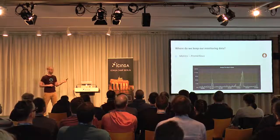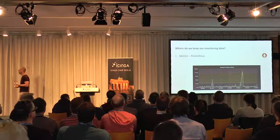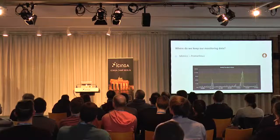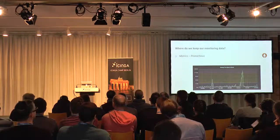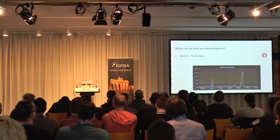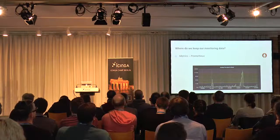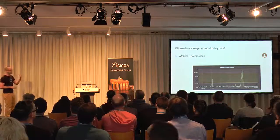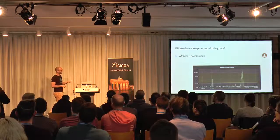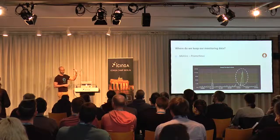The first one is Prometheus, which is a very popular time series database. Prometheus scrapes a lot of data points from the stuff we're running in production. And then all of these data points can be plotted into nice nifty graphs like the one we see here. In the graph that I show in the example, I'm using it to query the time builds are waiting in my CI server. And in case that amount of time goes up and users are...